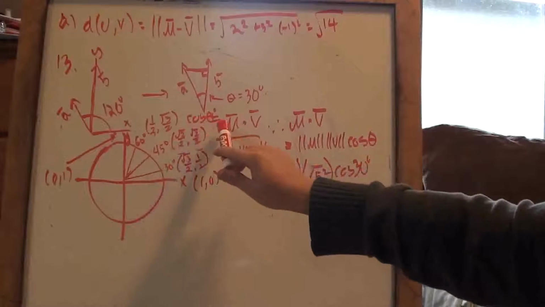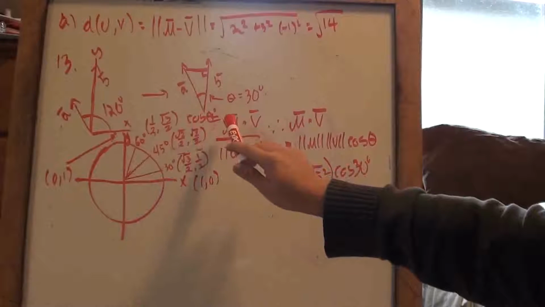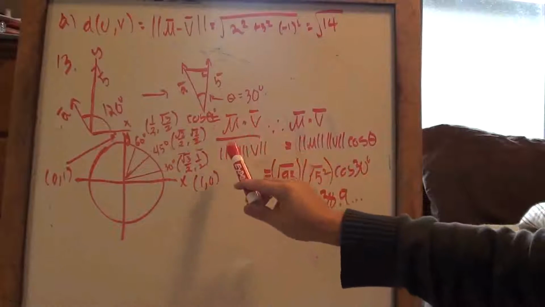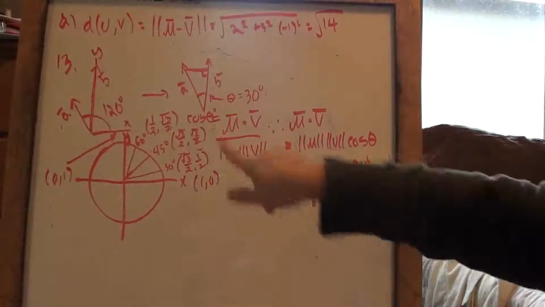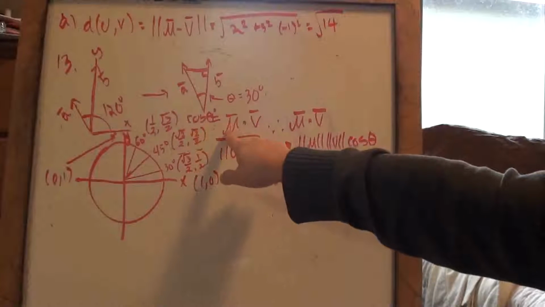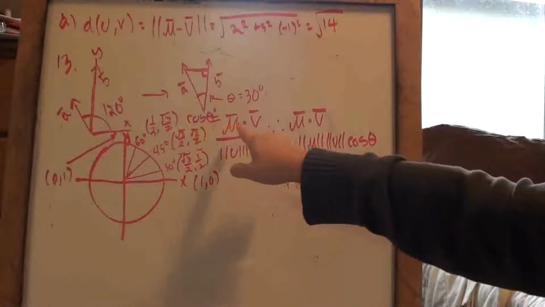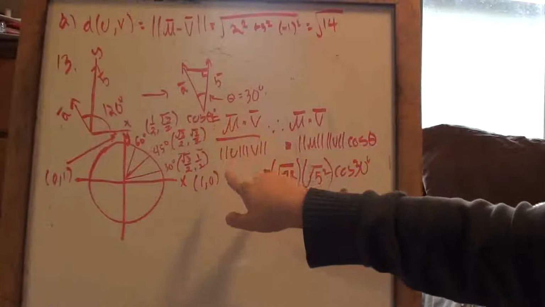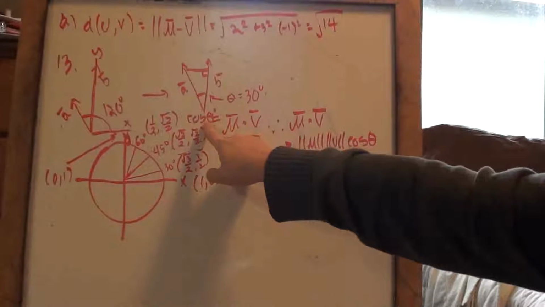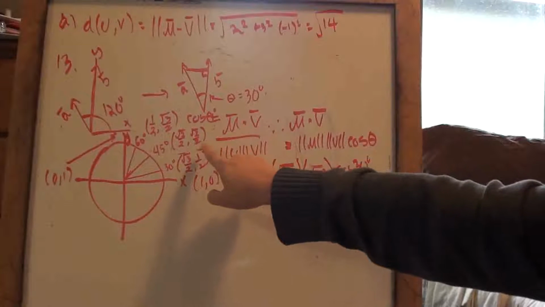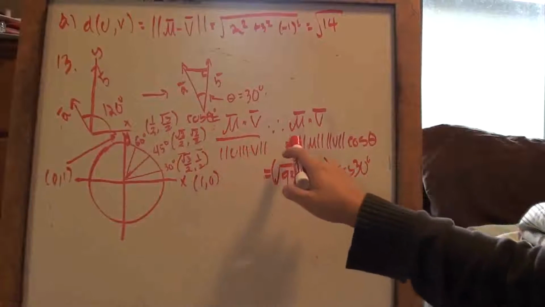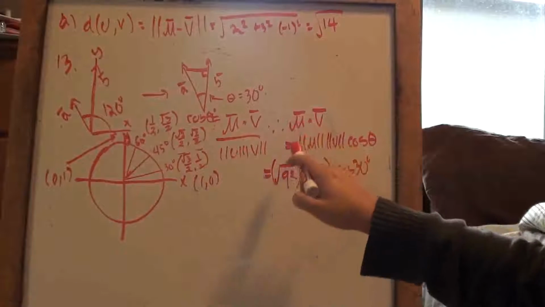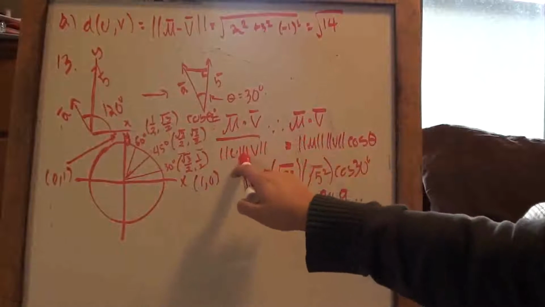So cos angle is equal to the dot product of vectors u and v divided by the norms of u and v, right? We did that before. I just rearranged it because we're looking for the dot product of u and v. So I just use cross multiplication. This times this will always equal this times whatever is below, right? So the dot product is going to equal this times